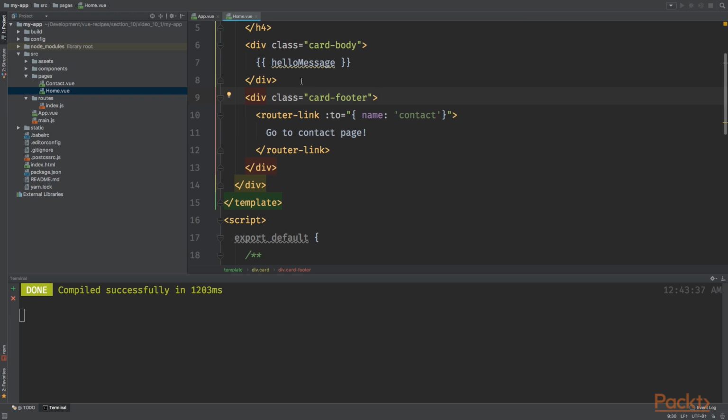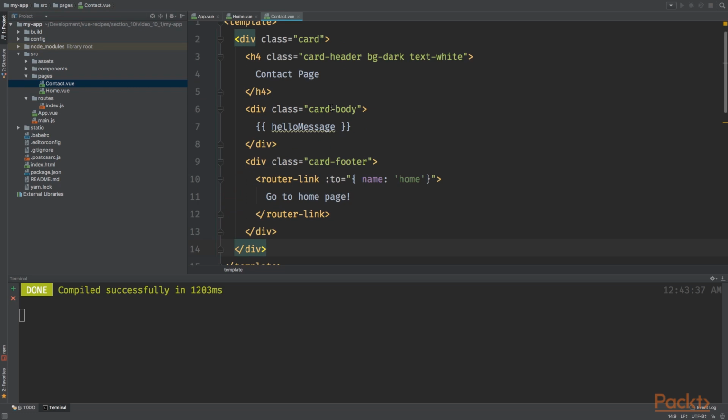Now let's go to the contact page. And you will see that this page looks a lot like the home page, but the only difference is the text being displayed in the card body and the router link. This time I've created a router link which will redirect us to the home page. And that's basically it. So now that we have learned how to develop pages for Vue Router,